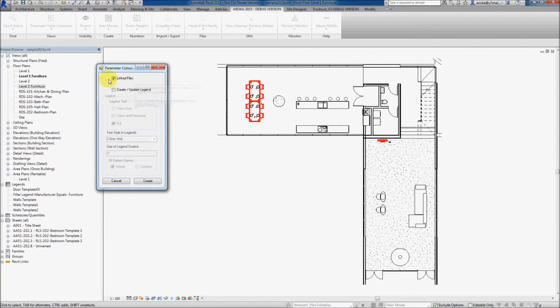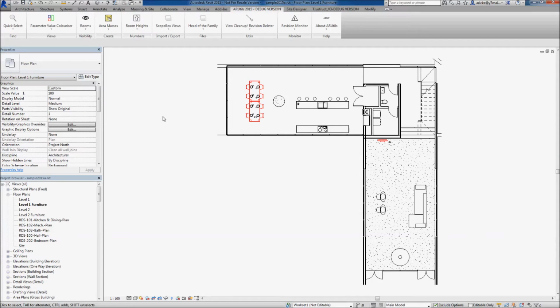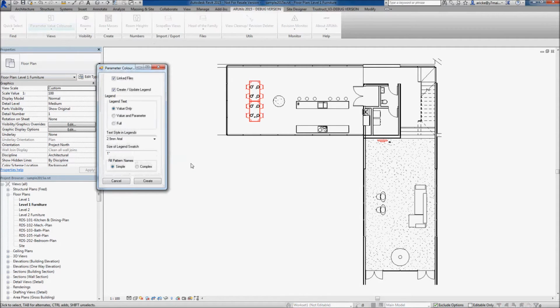We also can get it to look for parameter values in linked files. So if we didn't have that ticked, then manufacturer values would only be found in the local file, and only view filters would be created based on the local file values. So let's just repeat that last process, but this time we'll create a legend at the same time. So we'll just hit create,